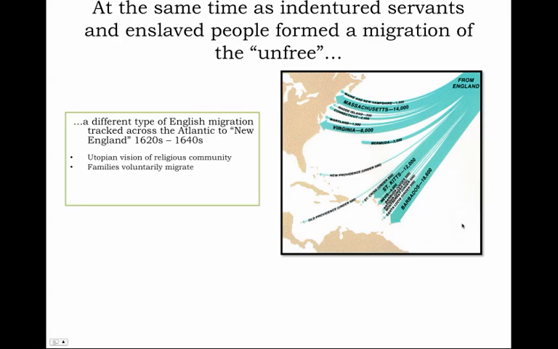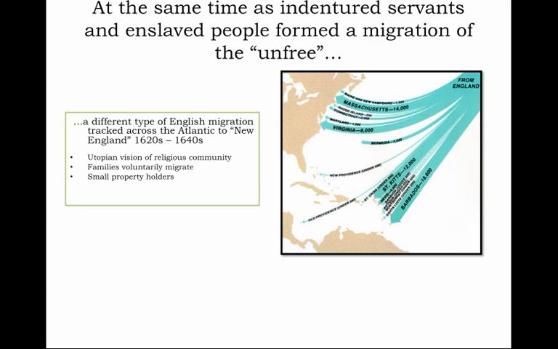So not just motivated by the same impulses of Christian conquest that we saw in Ireland and in the Chesapeake, but now an even more refined or utopian vision of religious community that is built around the migration of entire families. That is, English settler folk, not simply indentured servants or wealthy landowners, but actual settler folk will be also part of that migration of English people to New England,